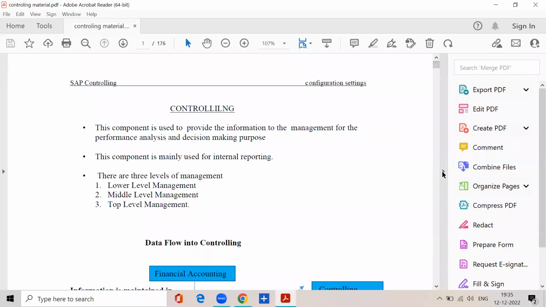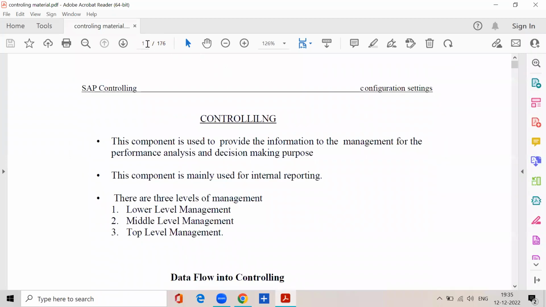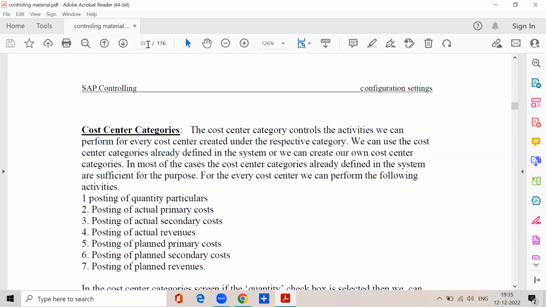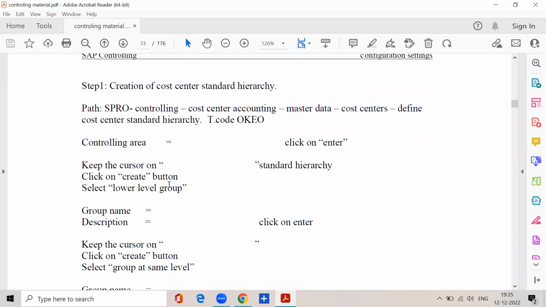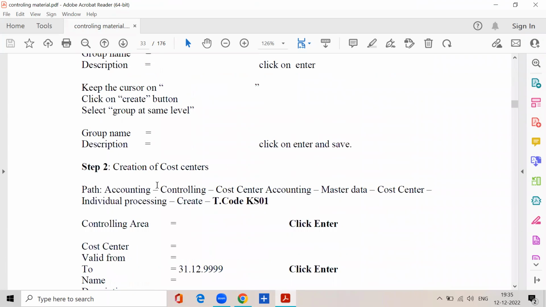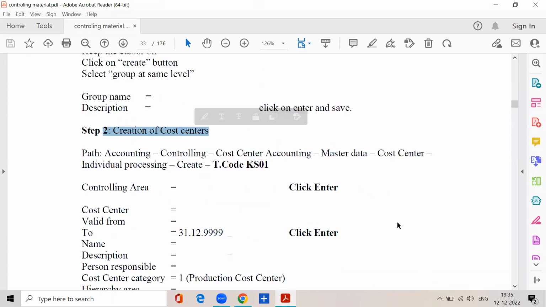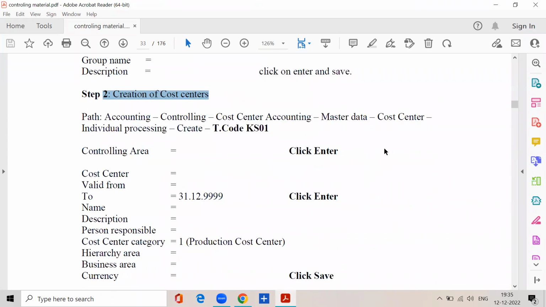So we are in controlling. And in the previous class, we started cost center accounting and we have defined the cost center standard hierarchy. Now today we will see creation of cost center master records. So creation of cost centers, KS01, right? Write down here again, KS02,